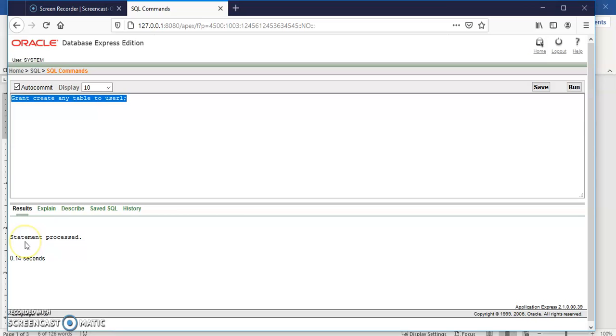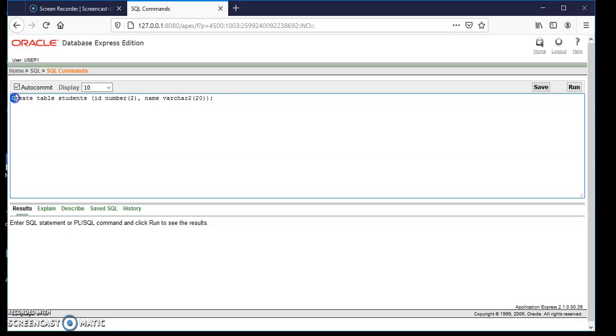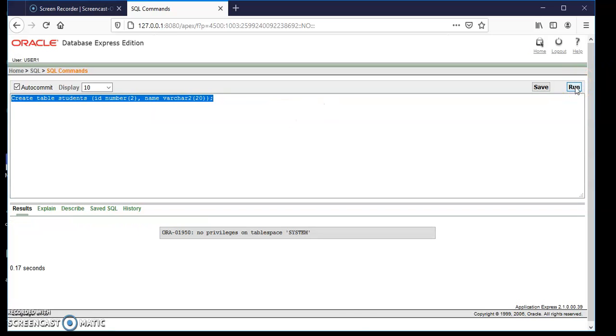The output is statement processed. Now we will again log in with user1 and try to create one table. We are going to create this students table again by using this login user1. So let's execute this. It says no privileges on tablespace system.